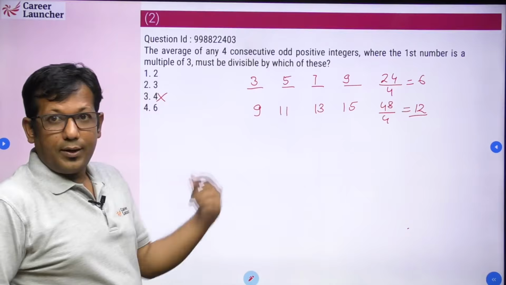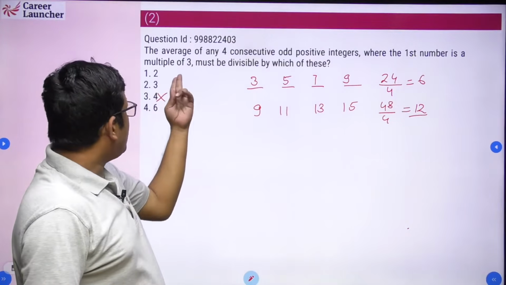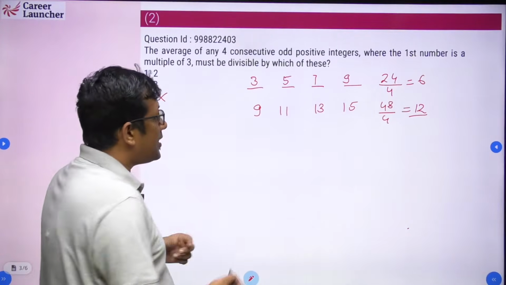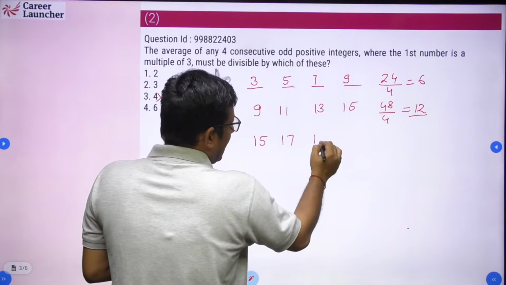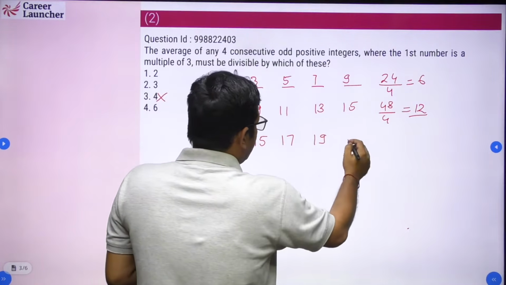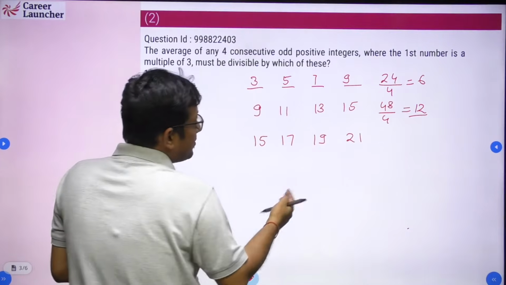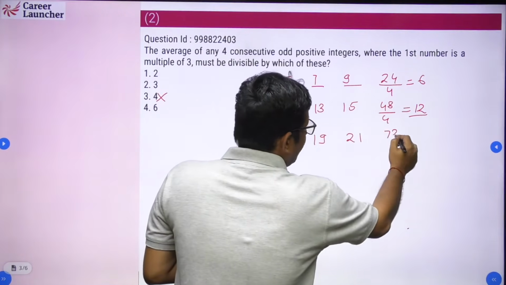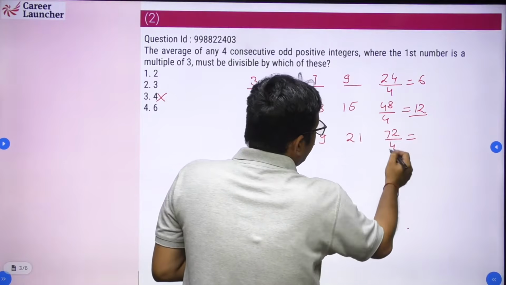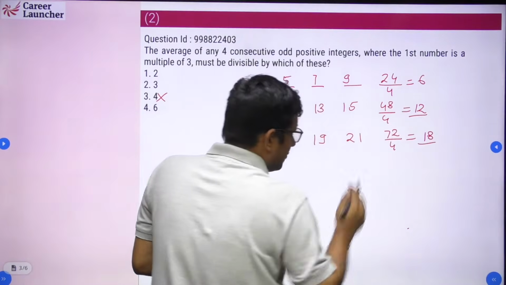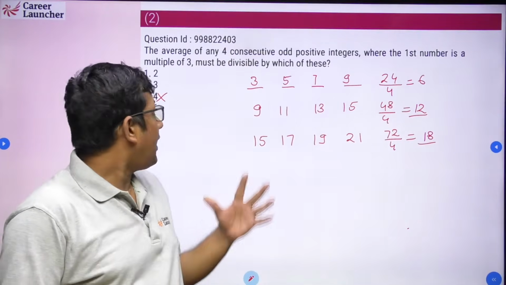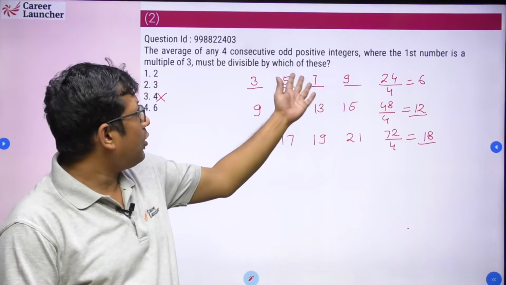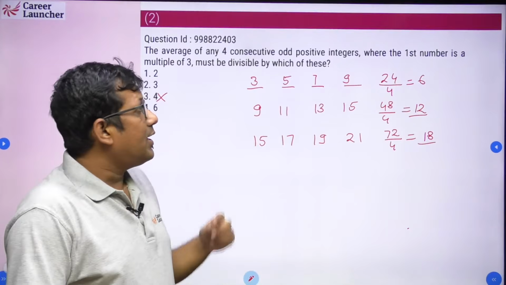So the average is 12. So 12 is also divisible by 2, 3 and 6. Okay, let's take another possibility: 15, 17, 19 and 21. So this comes out to be what? 72. So the average comes out to be 72 divided by 4, and it is going to be 18. Okay. So in all the cases, the answer is the average of 4 consecutive positive integers where the first number is